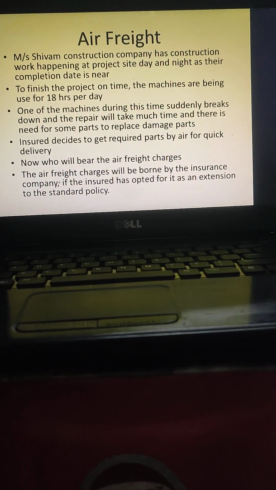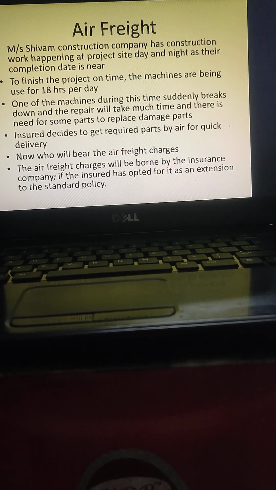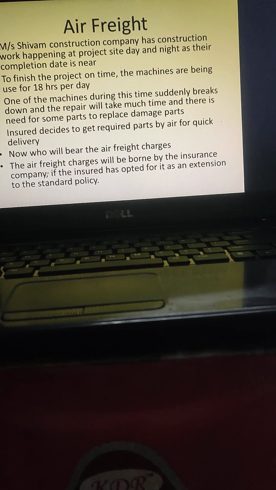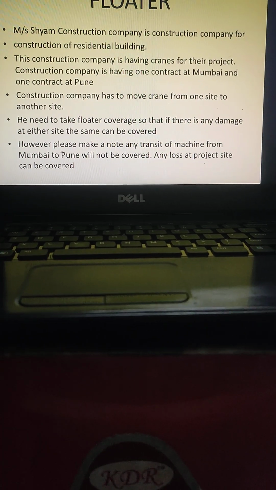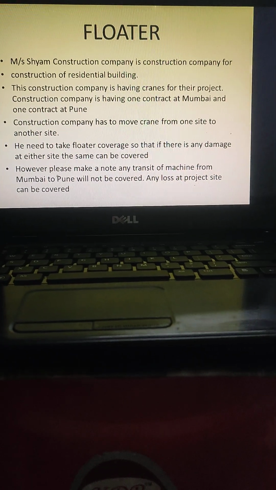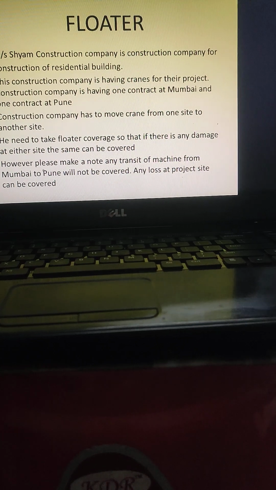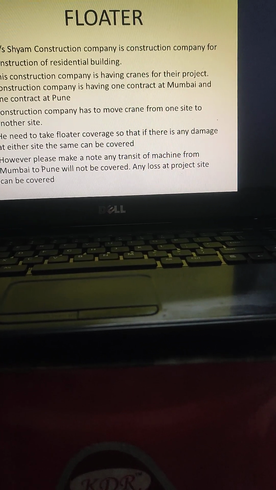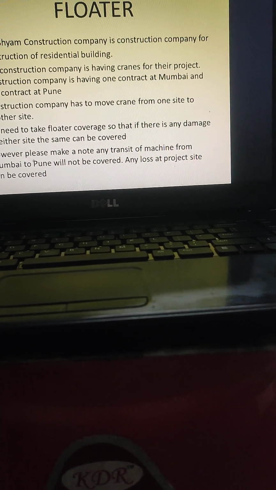Now who will bear the air freight charges? The air freight charges will be borne by the insurance company if the insured has opted for its extension to the standard policy. Similarly, floater coverage is available under the CPM policy. Floater will cover the coverage at various locations. Floater coverage, so if there is any damage at either site, the same can be covered,